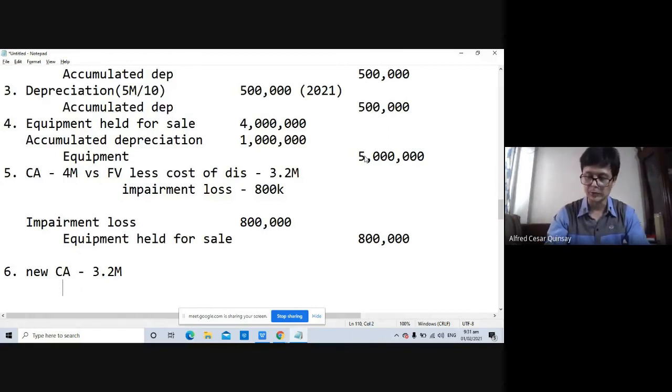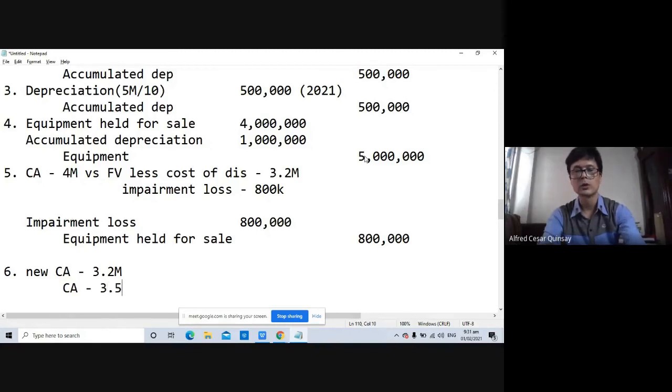Ayun, nakalagay diyan sa libro mo, no? Okay, so hindi na natin isusulat dito. So meron siyang carrying amount na magkano 'yon? That's 3.5 million. Kasi ito yung 4 million na book value ng asset mo, yung equipment held for sale,